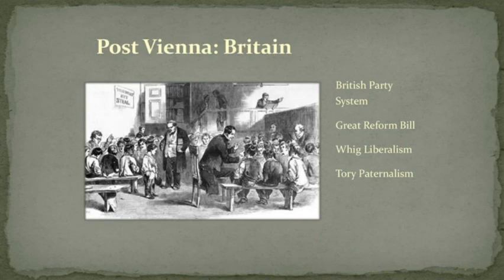True, they didn't believe in equality, but they did believe that, as upper class individuals, they had a duty to the poor. And they learned to appeal to the public too. And they learned to stick it to the Whigs just as much as the Whigs had stuck it to them